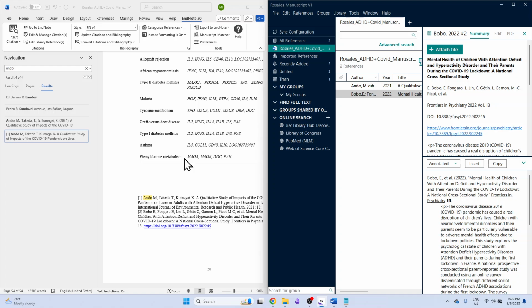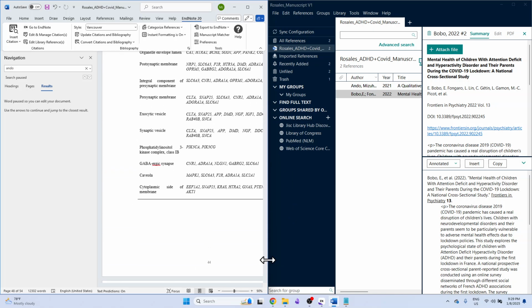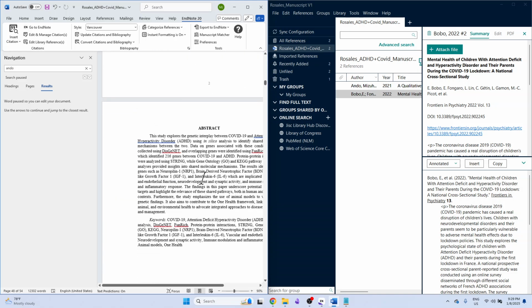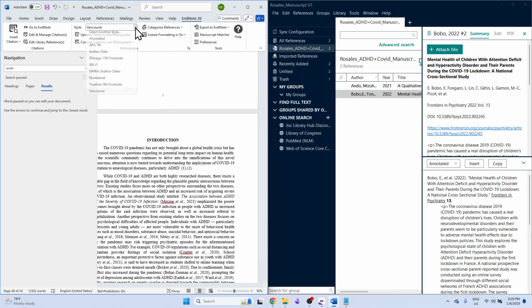And then anytime, if ever we change manuscript, journal submissions, or whatever, we can automatically just change the style here. So kita mo yan, nag-change na agad yung references. And the citations themselves will also be automatically changed. So naging ganito siya. Right?